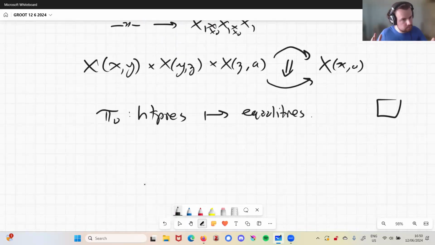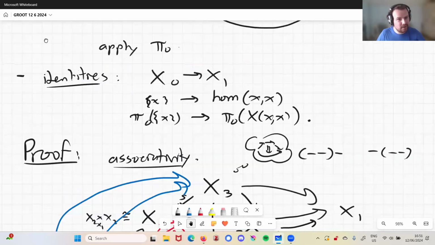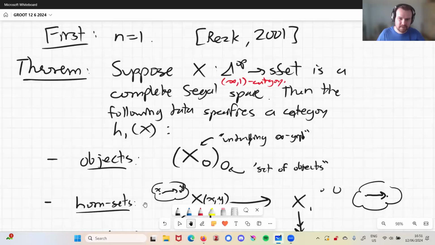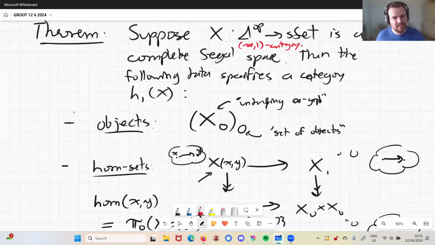This is just what you do at level 1. That's very classical. But the nice thing is that when we start looking at homotopy bicategories, level H2, I actually don't even need to write anything new. I can actually just go all the way back up here and just edit what I've written already. So let's do that. So theorem again, theorem 2 this time.